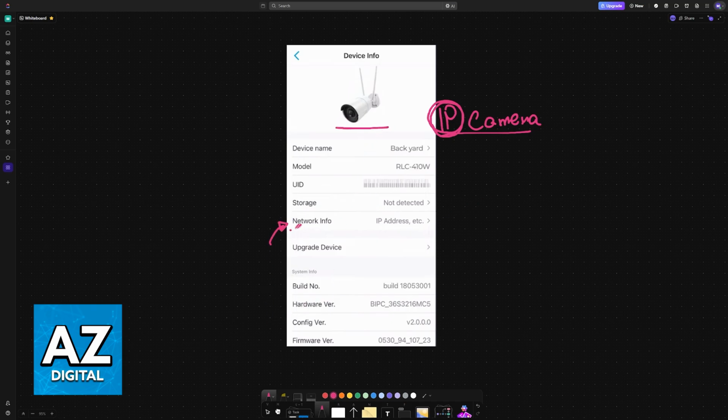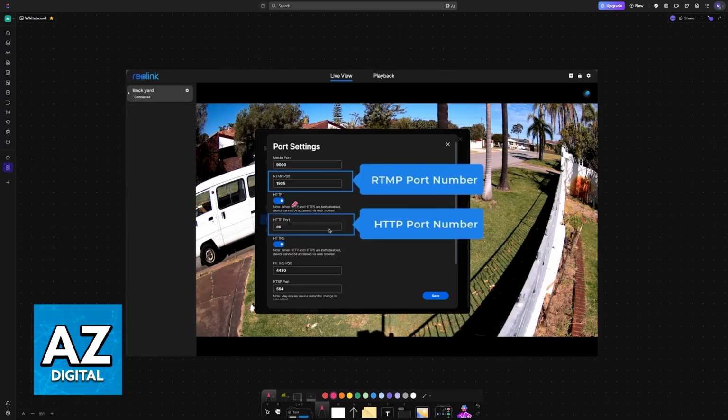You can find it when you go over to the settings and you see it under network information or other categories. So to start, note down the IP address of the specific camera that you want to remotely access. Once you have that IP address, you might also need to acquire the ports related to the camera. So in this example, I'm showing you through a Reolink camera.